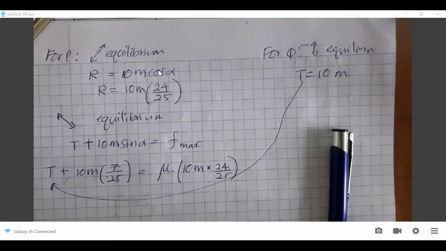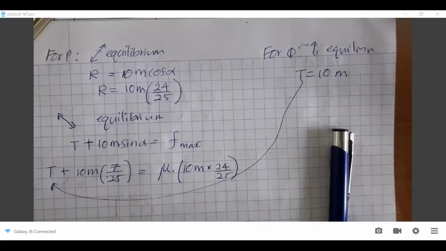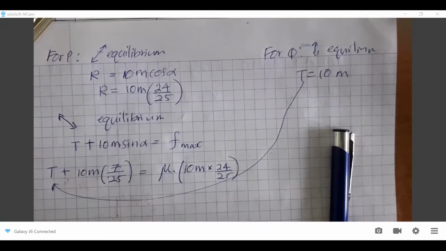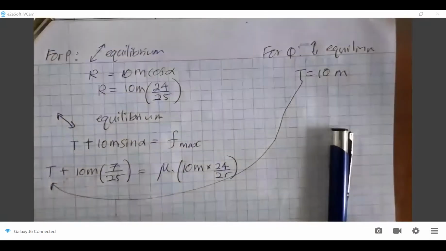All right. So basically, how did the coefficient of friction get removed from here? Hello, anybody? Okay, now we have already the equation 10 t plus I wrote as mg into 7 over 25, and the other side